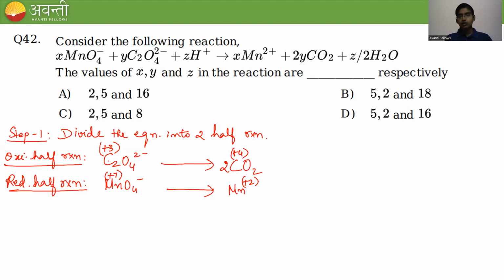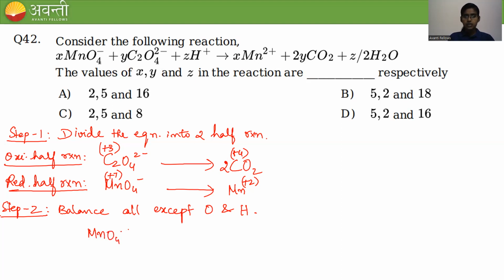Then what you have to do, you have to balance all the atoms except oxygen and hydrogen. So that is step number 2. Balance all the atoms except oxygen and hydrogen from the given two half reactions. So in the first oxidation half reaction, you can see the left hand side we have 2 carbon and the right side also we have 2 carbon and 4 oxygen. That is balanced. Whereas in the reduction half reaction, we have only 4 oxygen in the left hand side,